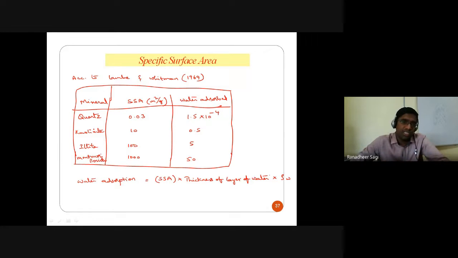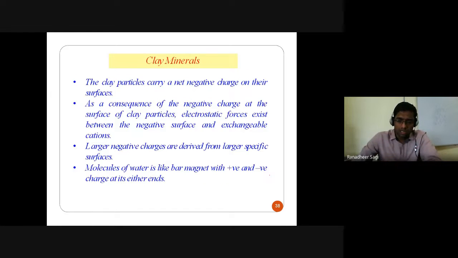Higher the water absorption capacity, higher the chances of having the swelling nature exhibited by that particular mineral which is existing in that particular soil. So next, let's go on to understand something about what is called the diffuse double layer. That's nothing but why the water particles are getting absorbed by your clay particle. So what is the zone in which the water particles are getting influenced because of the presence of the clay particle? Let us try to understand that.